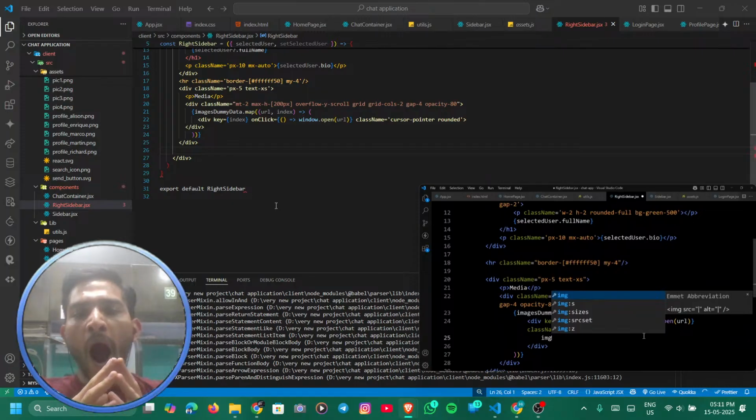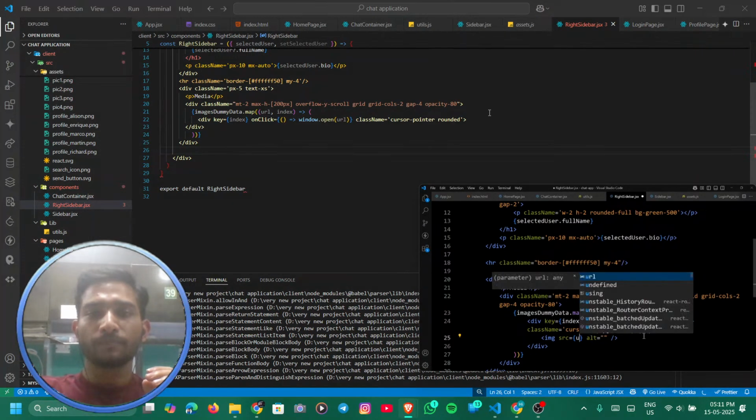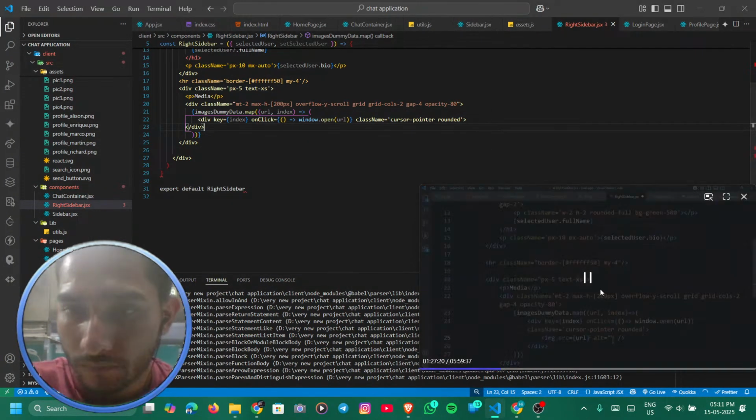So just add the image tag, and in this image src just add curly braces and provide the URL. Right, now here we'll add the